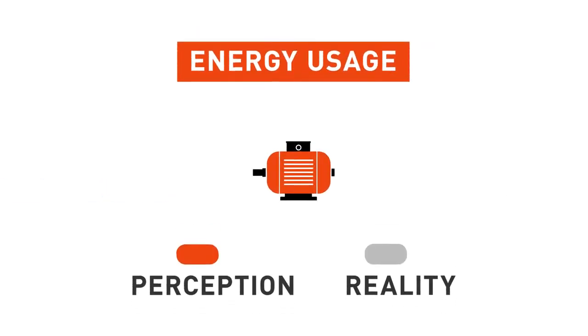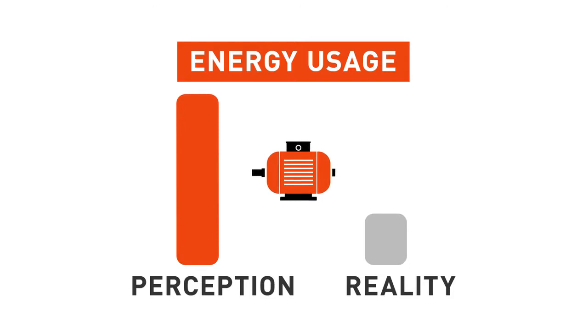You have to look very carefully at that. There is a slight bump in energy increase when you turn a motor on, but it's usually a lot smaller than what most people see. Starting and stopping motors is not just an energy issue, it's also a wear and tear issue, and we'll hear